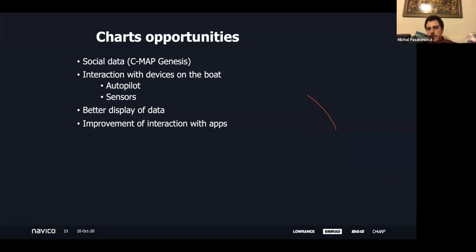And interaction with more of the sensors. In the modern day boating world, there are many sensors, and they all interact nicely with the chart plotters, but not so well with the mobile devices. So there's a big opportunity for improvement there, and more display of data. There's obviously many opportunities with getting more data that fishermen and sailors are interested in,